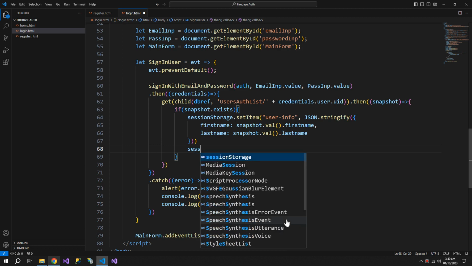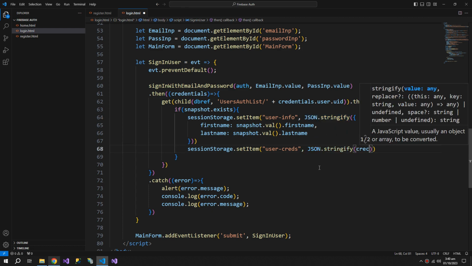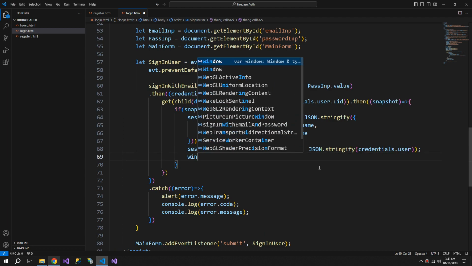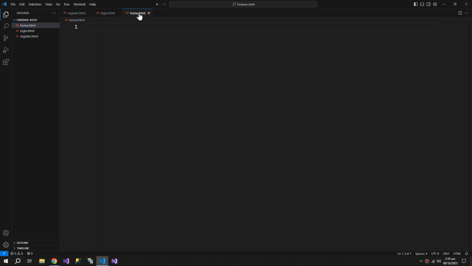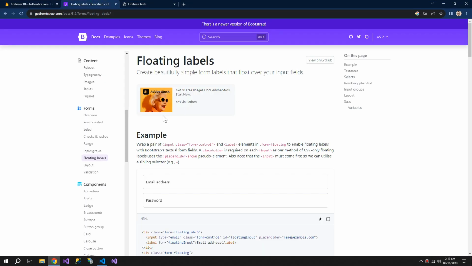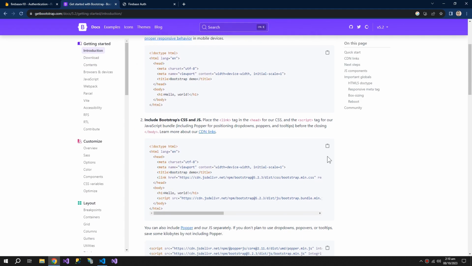Now I will also save the user credentials the same way, and change the window.location to home.html. Now let's come inside the home. So for the home page, I will again take the help from Bootstrap, and I will again get the starter template,